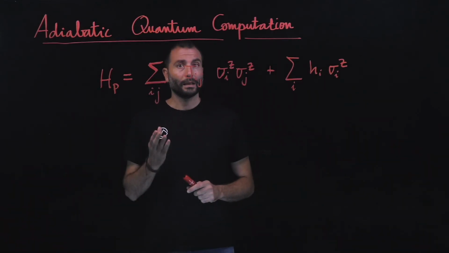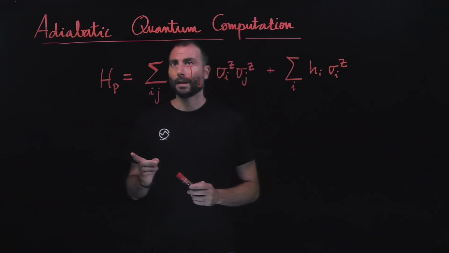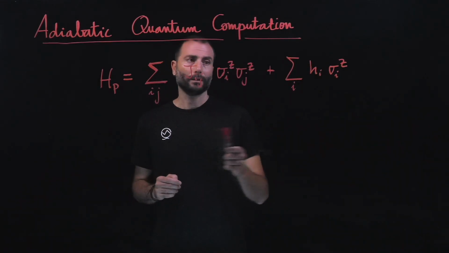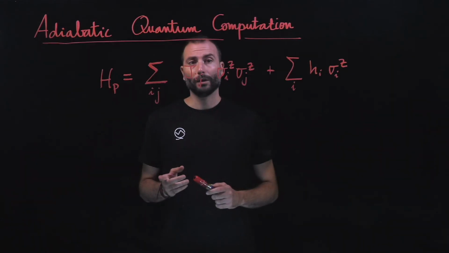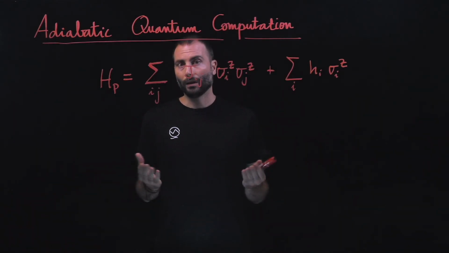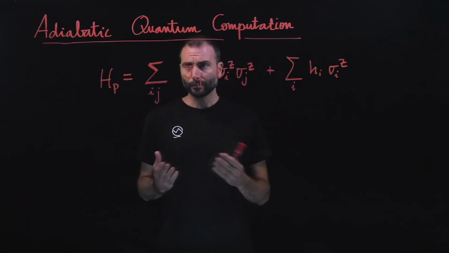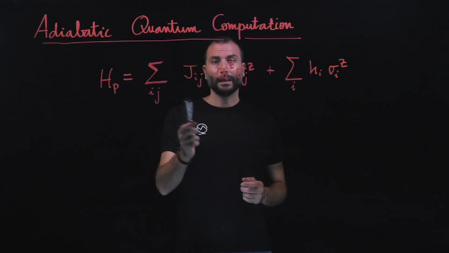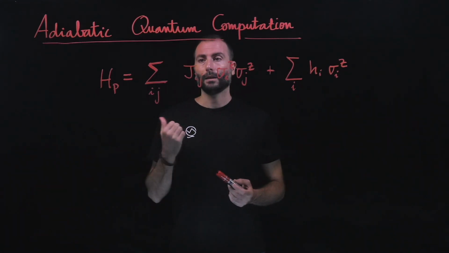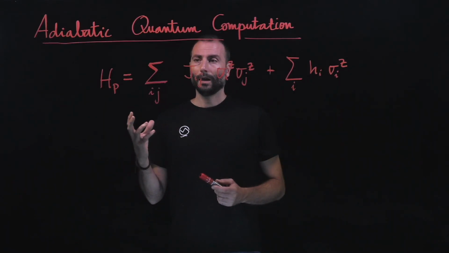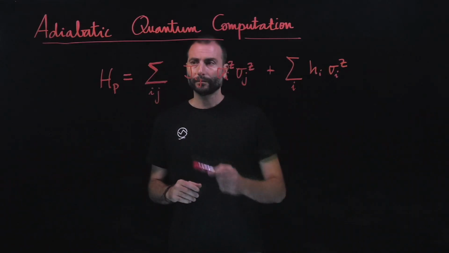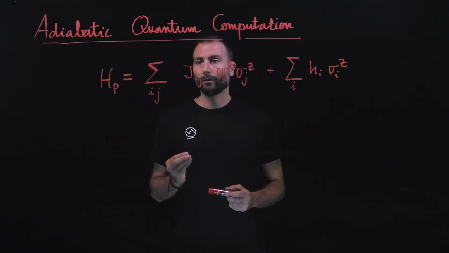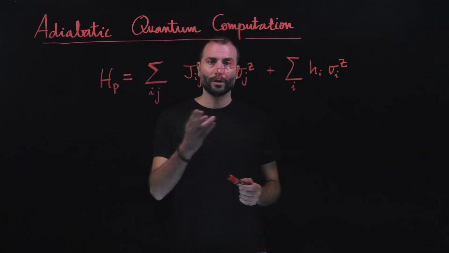So now we present a specific case of this, which is adiabatic quantum computation. The goal is to find the ground state of a Hamiltonian, in our case an Ising Hamiltonian, since this is the most common Hamiltonian in the annealing platforms that we have, and as we have seen, it allows for encoding QUBO programs. In the previous lecture, we saw how a QUBO program could be encoded in the ground state of a Hamiltonian,